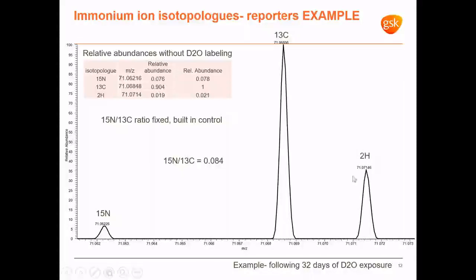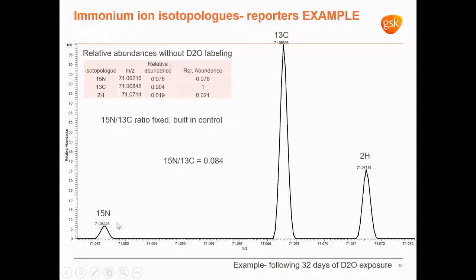Interestingly, following metabolic labeling, you get a very large increase in the 2H isotopolog. So this is labeling after 32 days, where this goes from its theoretical relative abundance of 0.02 to about